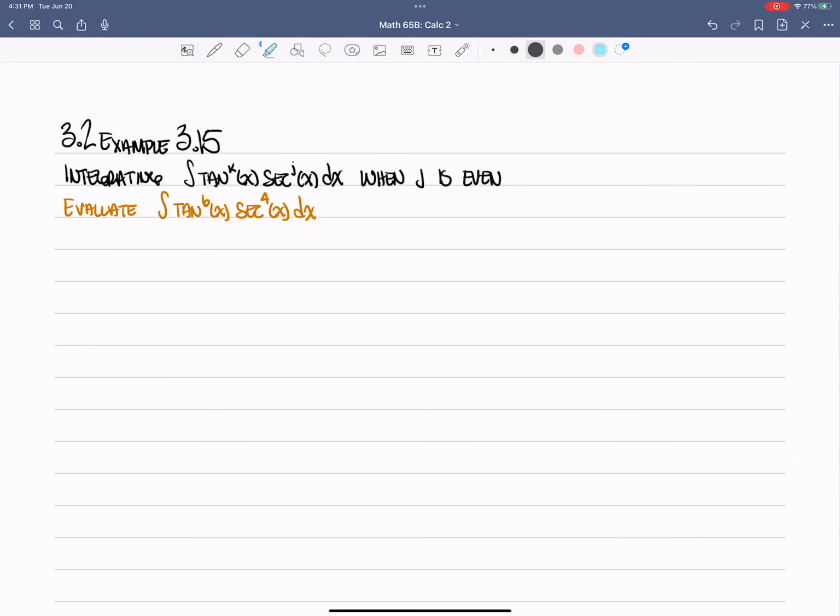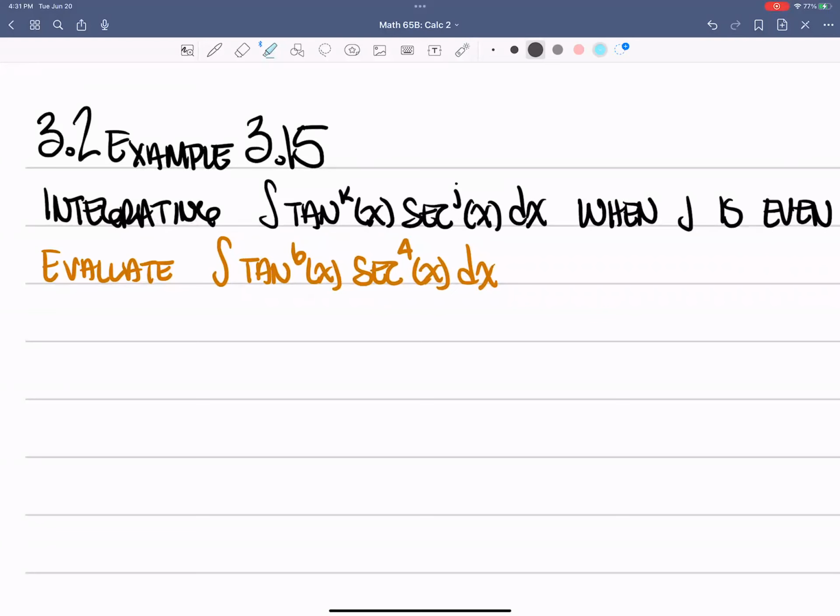So section 3.2, example 15, integrating tan^k secant^j when j is even. All right, so I know that secant squared x is tangent squared x plus 1, so we could easily switch between the two. But what do we choose as our u substitution so that when we derive it, it ends up being part